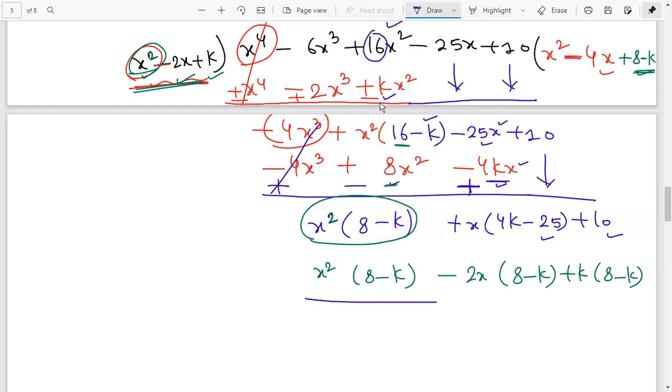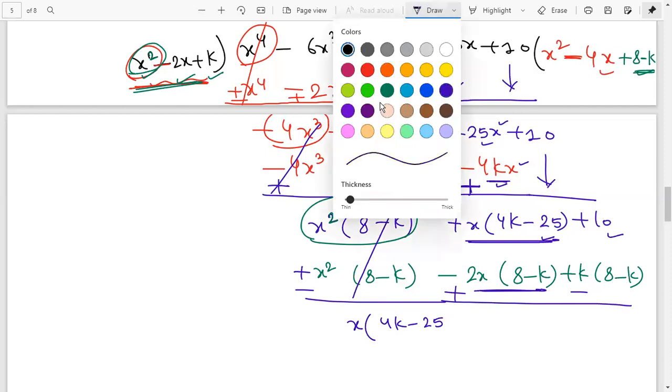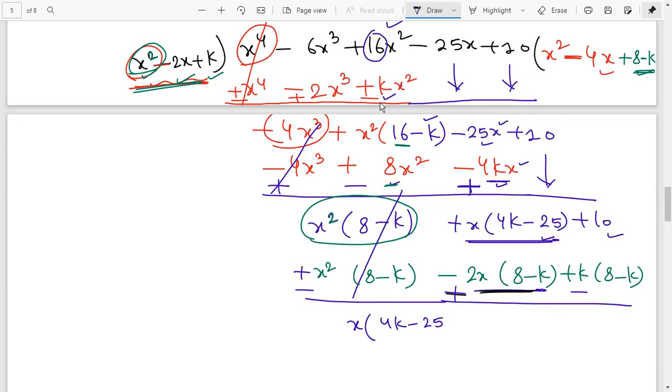Now we have this result. The plus sign will change because we are doing subtraction. So minus then plus, plus then minus. Now we write these values carefully. So this will cancel out, because the values are equal and the signs opposite. The remaining values we will write as carefully as possible. We'll take x common for these two values, and the remaining value we write in bracket, 4k minus 25. And from this value, see, minus is not there, now we have the sign plus.